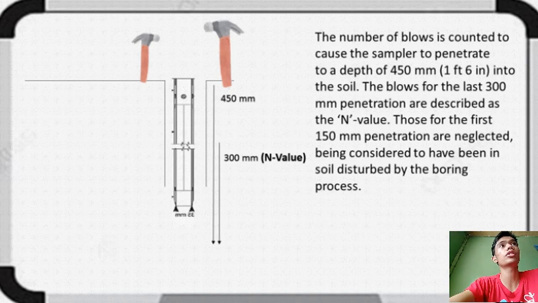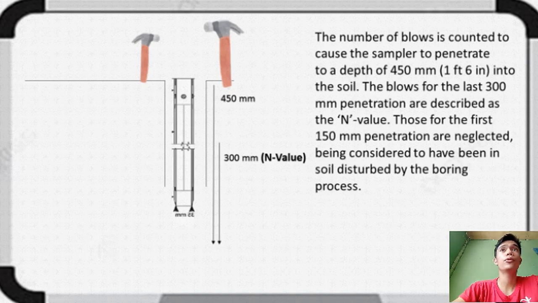The number of blows is counted to cause the sampler to penetrate to a depth of 450 mm. So sa pagdukduk sa instrument sa standard penetration test, dapat daw siya musulod og 450 mm into the ground. So the blows sa 450 mm nga depth, ang last 300 mm penetration daw kay described as the N value, and those for the